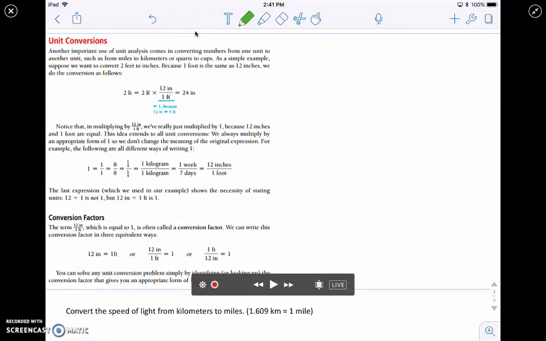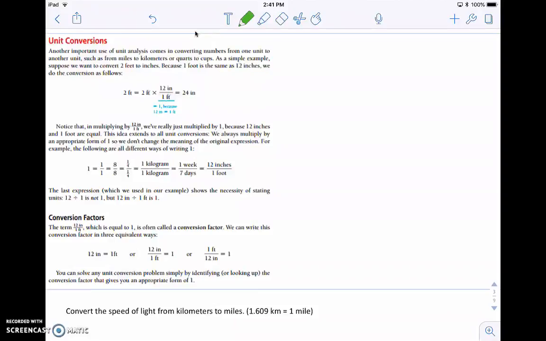All right, this is part 2 of Unit 2A. We are looking at unit conversions, sometimes known as unit analysis. And again, when we're talking about units, we're talking about feet, inches, miles, gallons, whatever we need to use to describe the quantity or count of something we're working with. So in the last example, we looked at the speed of light, and